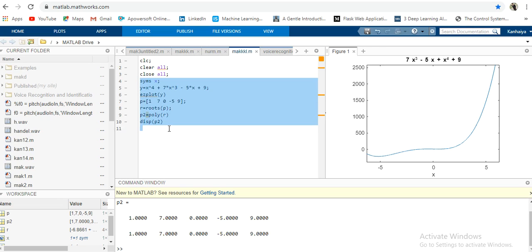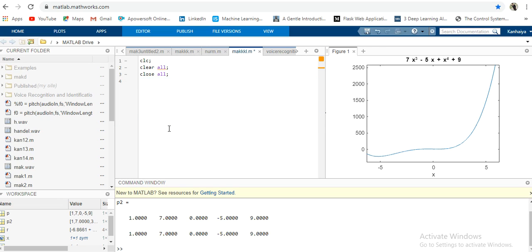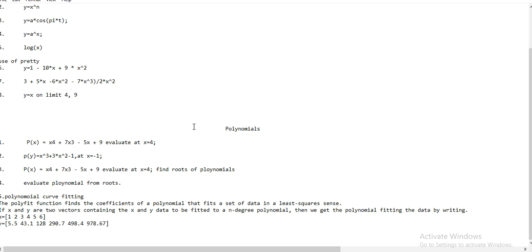Everyone used to come up with that kind of polynomial if they are an engineering student, right? Okay, now we have to do polynomial fitting. Okay, we have solved this question. Now we want to fit that polynomial. That means if we are given this polynomial, now we have to fit this polynomial to some values, to some curve. Okay, now we will see what values can be fitted on this curve.